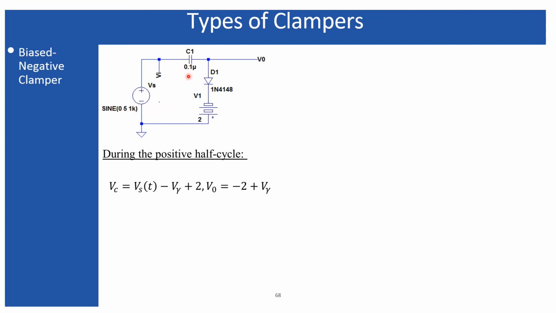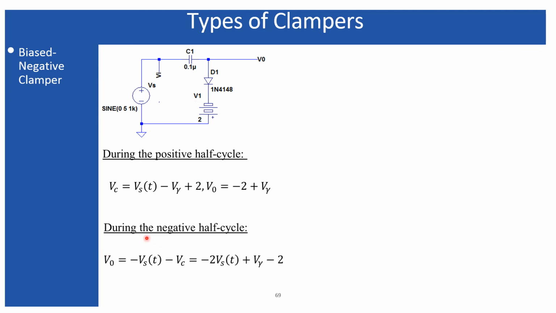Since the capacitor voltage is required first, that is why I am telling you to start with that half cycle of the input signal for which the diode will be in forward bias. So the next is this. During the negative half cycle, you can figure it out. This diode will be open circuit and the current will flow through this if you connect a load resistance over here. But since I have not connected any load resistance, that will be open circuit and the capacitor cannot discharge through it. So during the negative half cycle, this will be the output voltage.